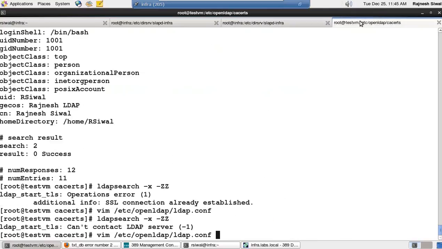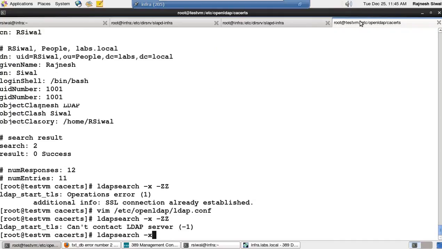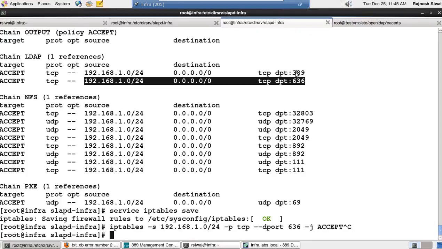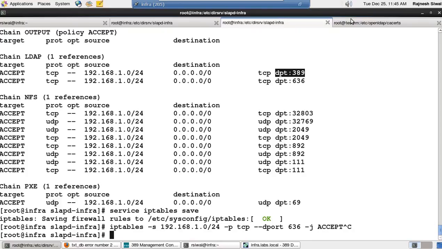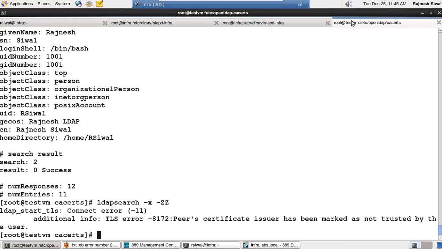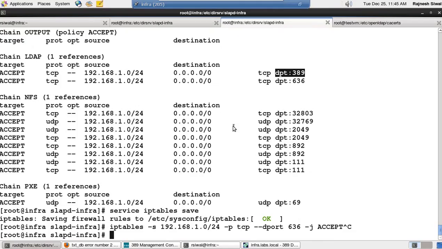Okay, coming on to the client machine and trying an LDAP search query now. It works fine because this is listening on 389 also. Okay, now if I want to enforce the connections using TLS, I can just type the command with -ZZ. Peer issuer has been marked as not trusted by the user. Okay, so to trust it,